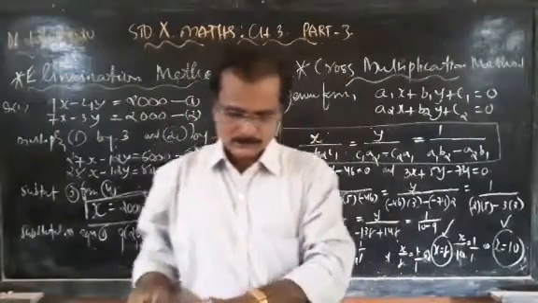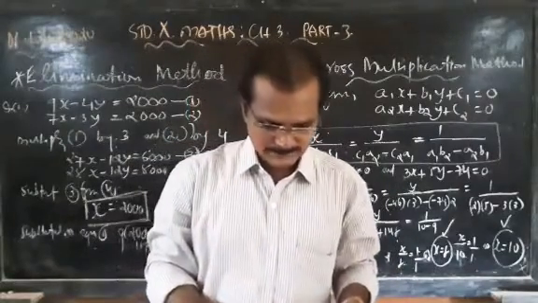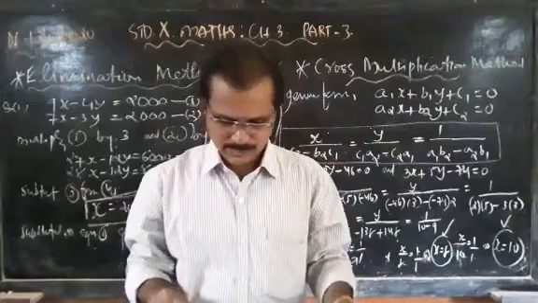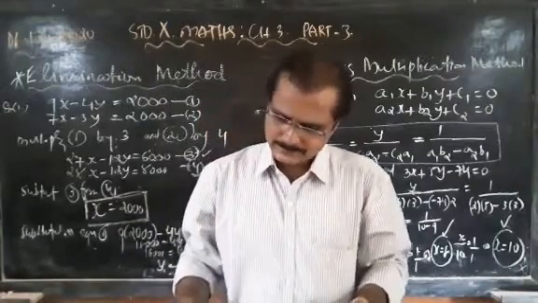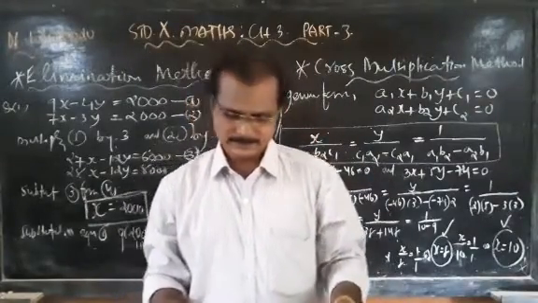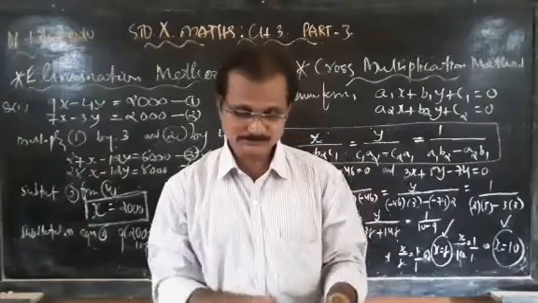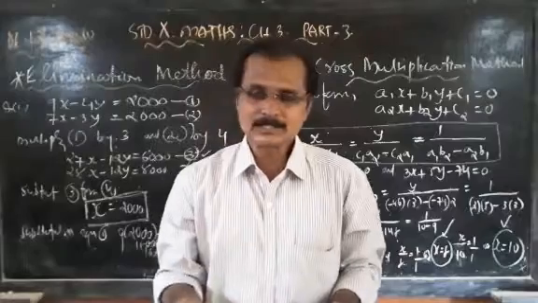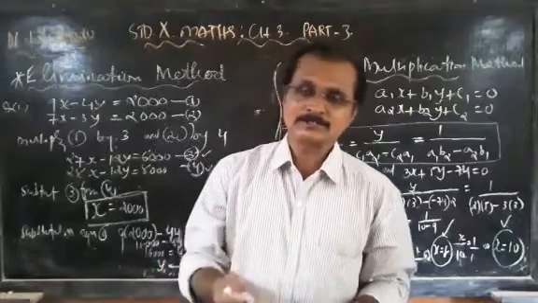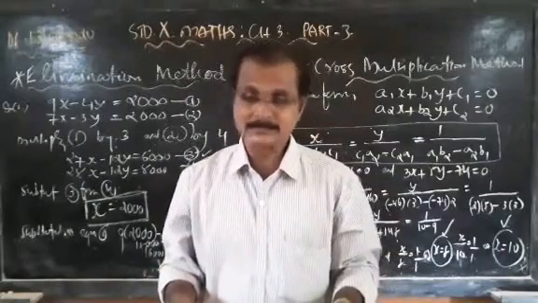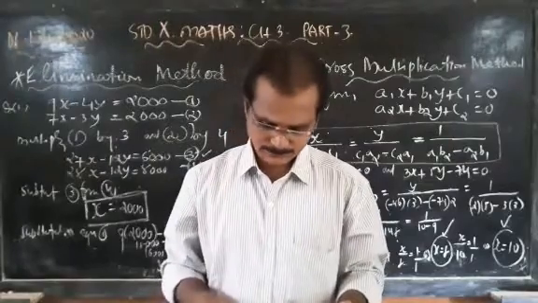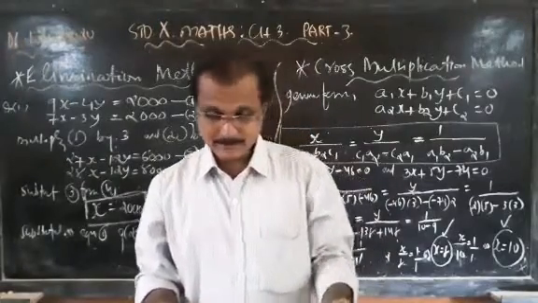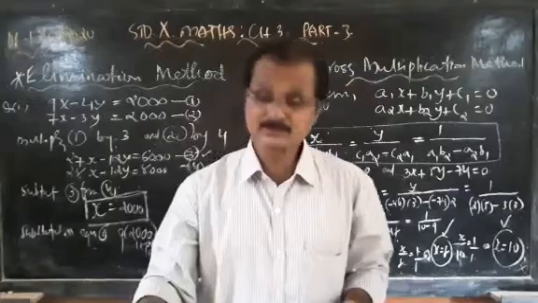Okay. Now you need to complete exercise 3.5 and also the section on page number 63, equations reducible to a pair of linear equations. That means statements are given. From the statement you need to convert that into equations, then solve the equations. See example number 19 on page number 65.